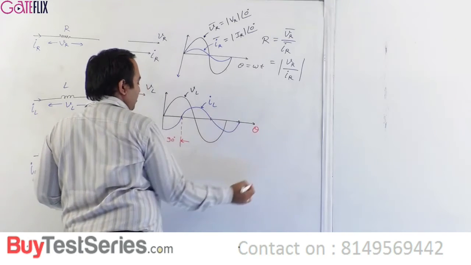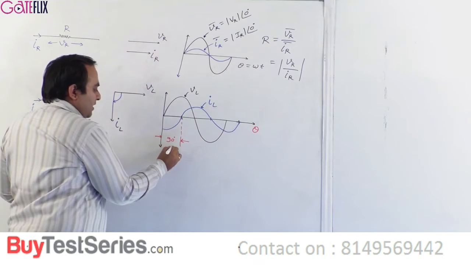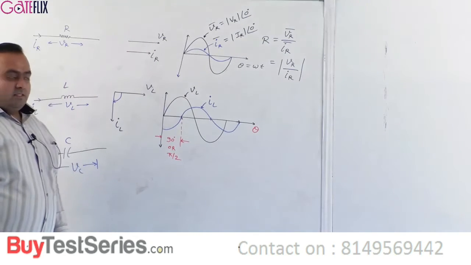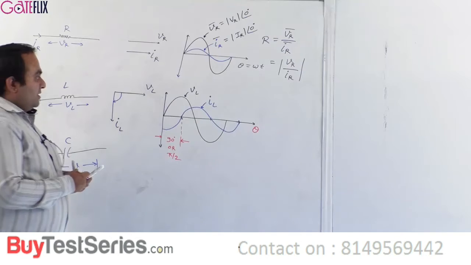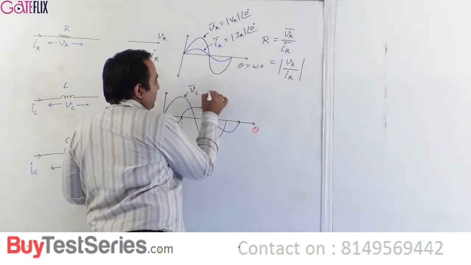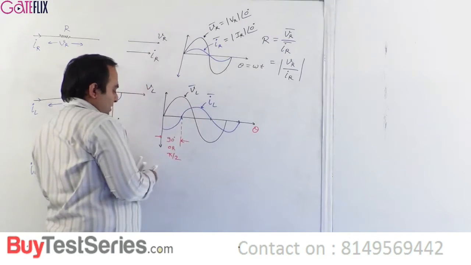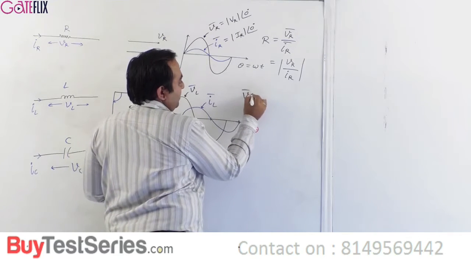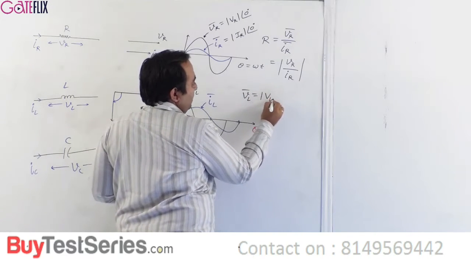This is theta is equal to omega t. So this is 90 degree or pi by 2 radians. Is this okay? So what happens here is, if VL is your reference phasor, then VL is some magnitude VL